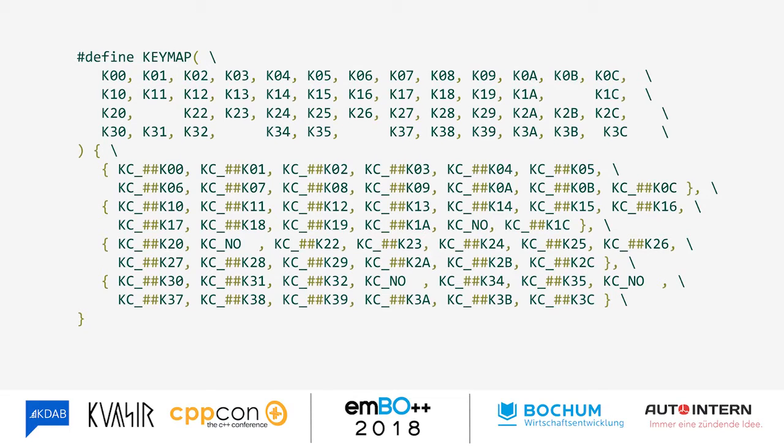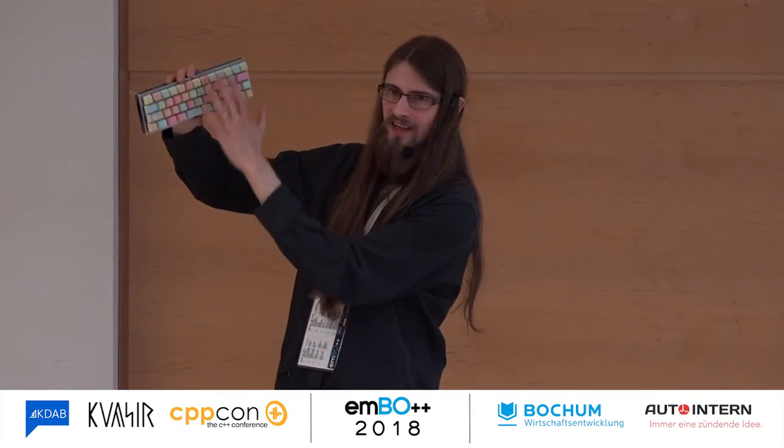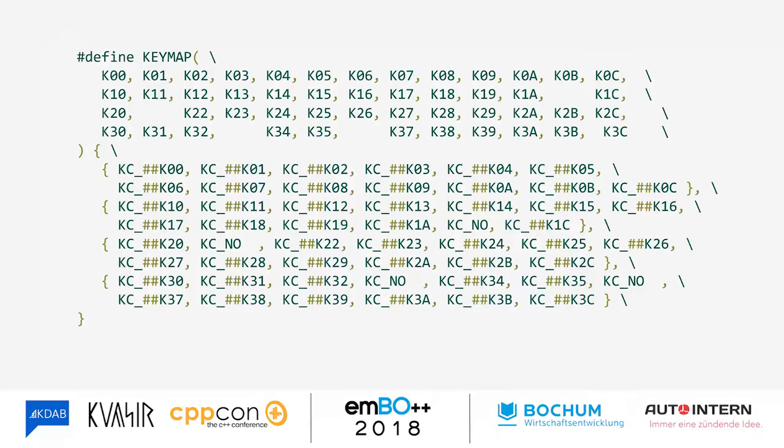But it kind of looks like this. This is how you specify, because of course, keyboards aren't generally a strict matrix like I had. We have kind of staggering of the keys. So there are some holes in the matrix layout, and we have to have some way of expressing that. You can see there are a few gaps in this description here, and this is how we tell the framework where there are gaps in our matrix, so that it knows not to scan for those keys because they don't exist.